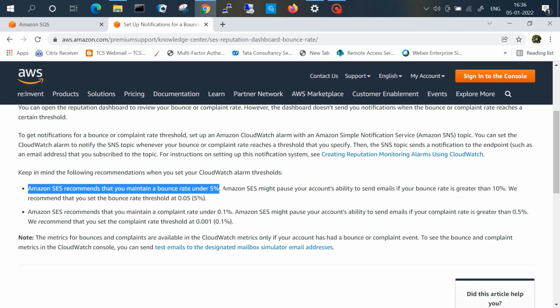But if it continues to remain above 5% and it gets more than 10%, then Amazon will pause your Amazon SES services. You would not be able to receive or send emails through Amazon SES, and you have to go to the Amazon Support Center and log a ticket to enable it again with proper justifications.